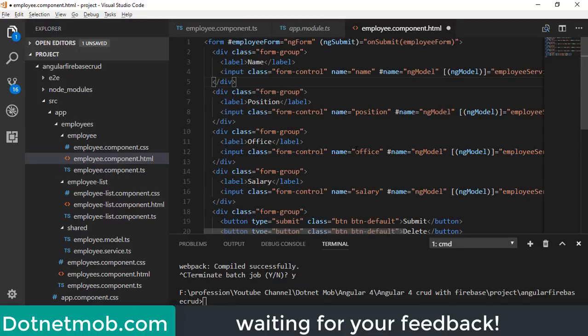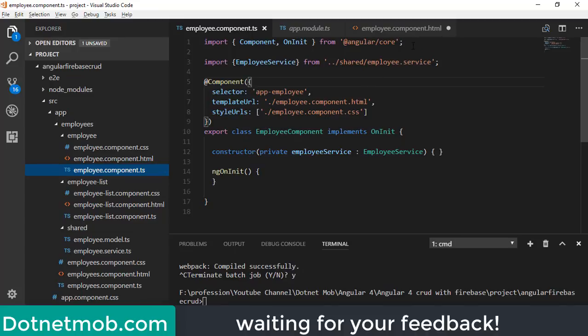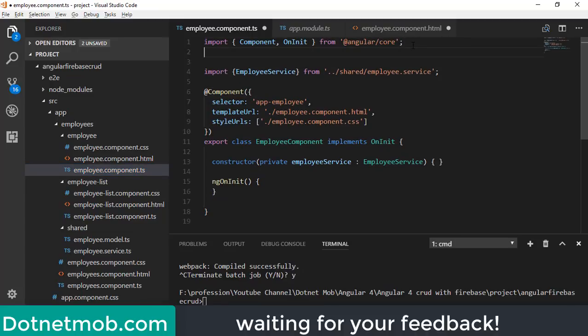In order to make this template driven approach work, we have to import forms module and ng form class inside our application. So first of all, I will import ng forms here. Import ng forms from Angular forms. We have to import ng form here.